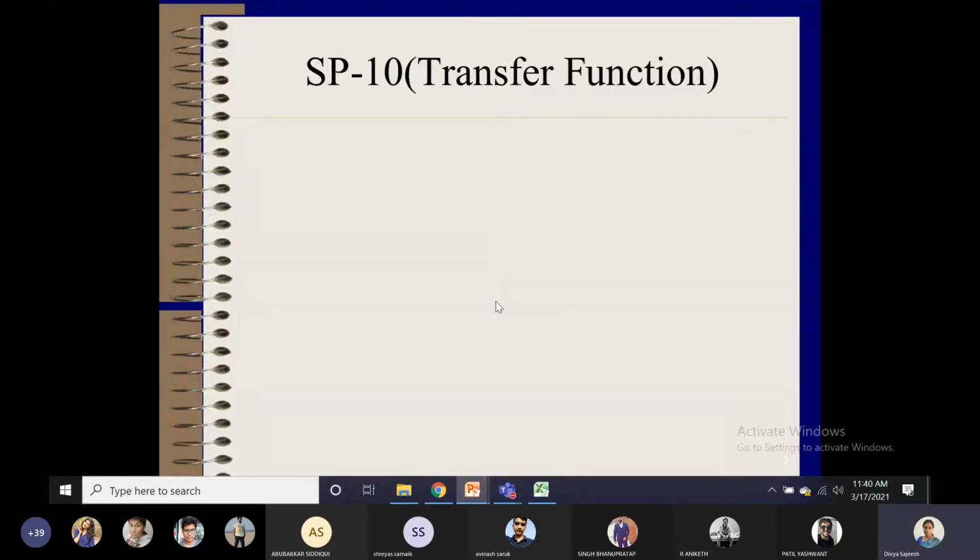So first, let us discuss the test we conducted in the last class on the transfer function. First question, many of you have done it correct, I think, but second question, only Akhilesh has done it correct, rest all have done it wrong. So let us see what is the issue, what you have not understood. Let us see the solution of that.